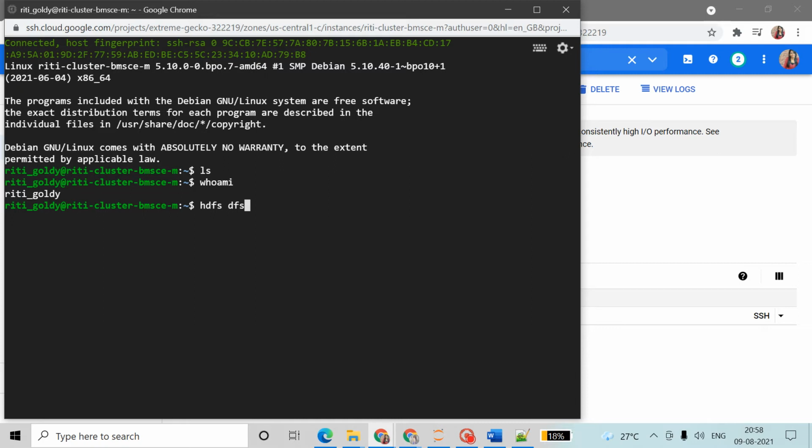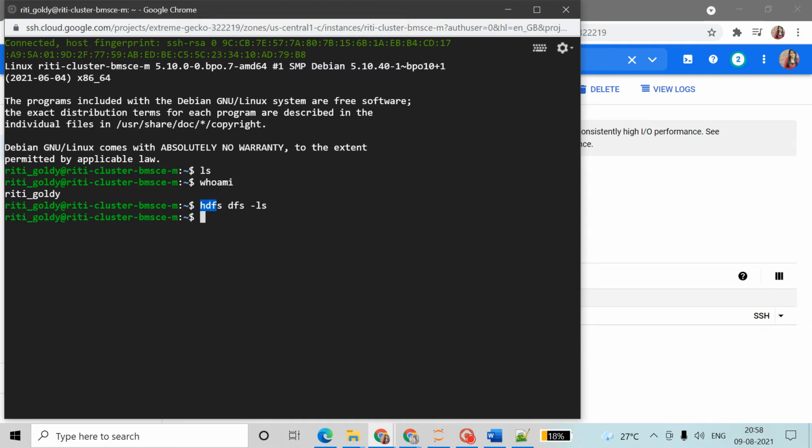I have used hdfs dfs -ls. Here this is our normal terminal. In normal we use ls and so on. But if you want to use Hadoop, for Hadoop we have some different commands.